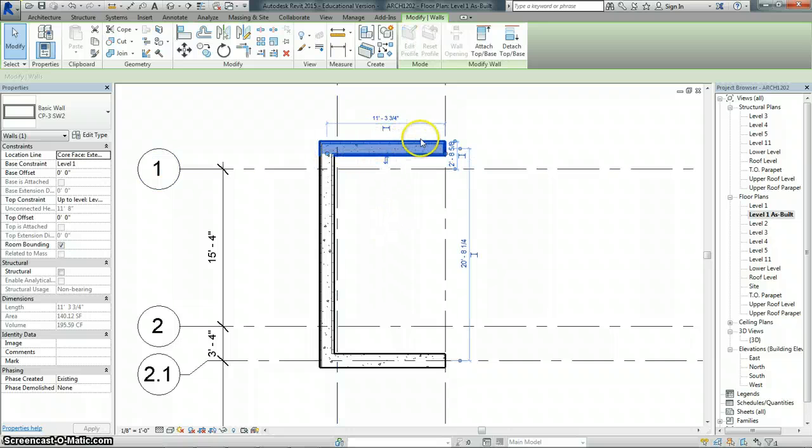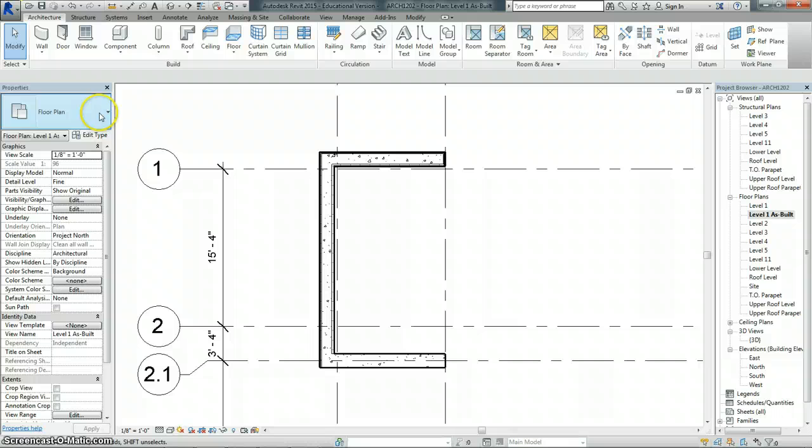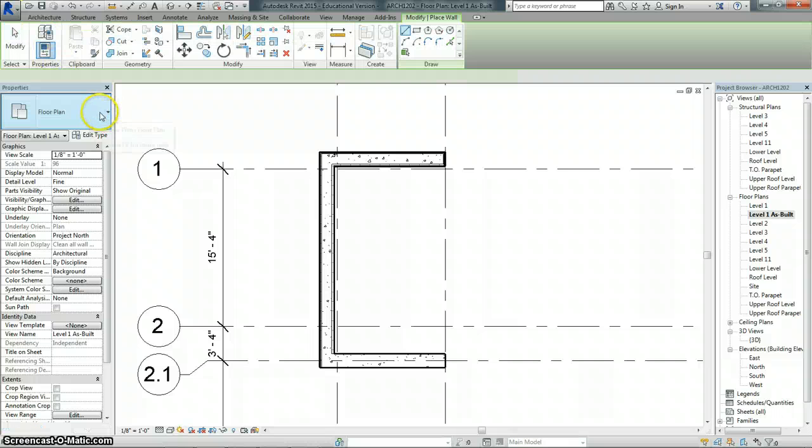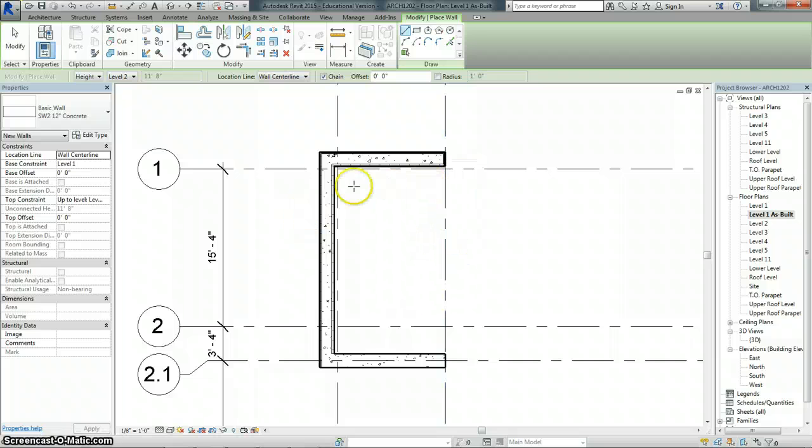So you can see here, now the material, of course, is on the outside. So that's one thing you have to watch out for. You want to make sure that you're installing it so that the exterior is on the outside and always clockwise. So anyway, in this particular case, we're going to go back to the wall. Got the structural wall here. We're going to place it by the core interior, and we know